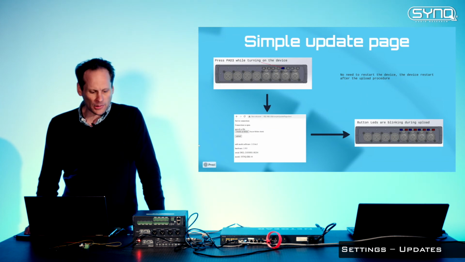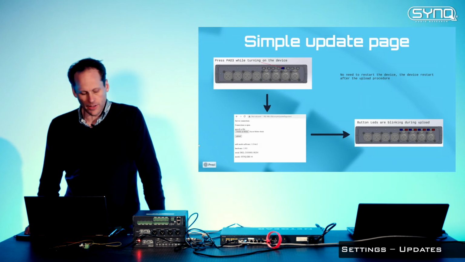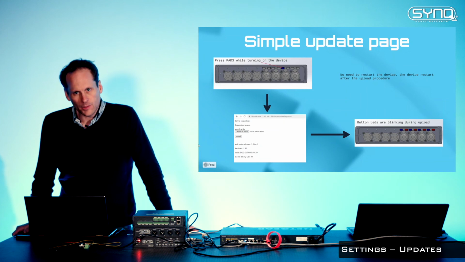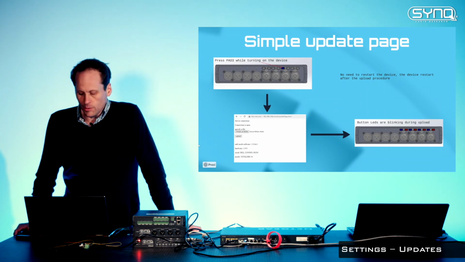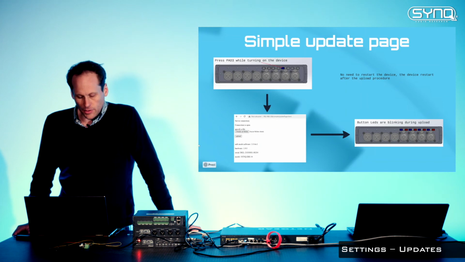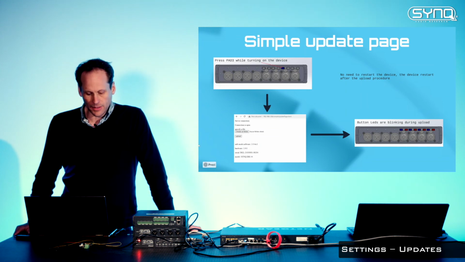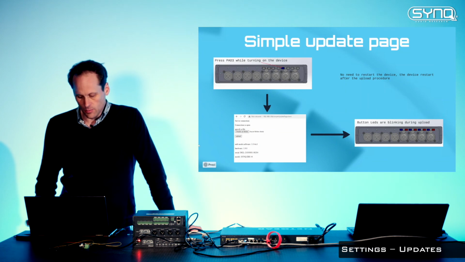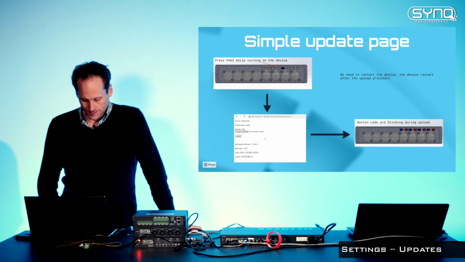Something bad could happen during the upload of the firmware, a cable disconnected, you don't know what could happen. So you can simply turn on the simple update page, as you can see in my presentation. What you should do is press the button, pad 3, and turn on the device. Then you will access the simple update page, as you can see on the bottom left corner.